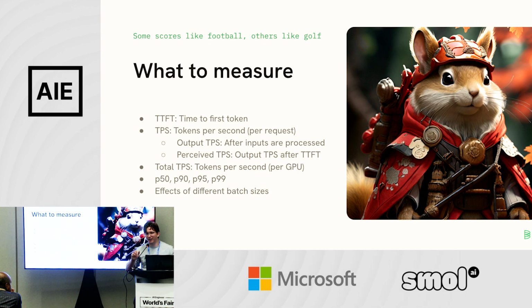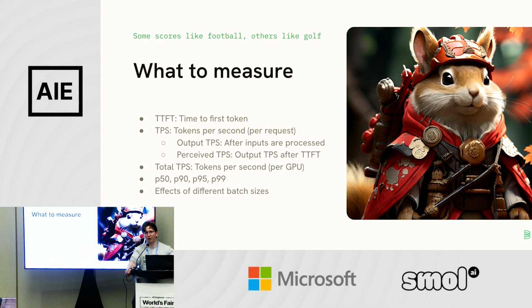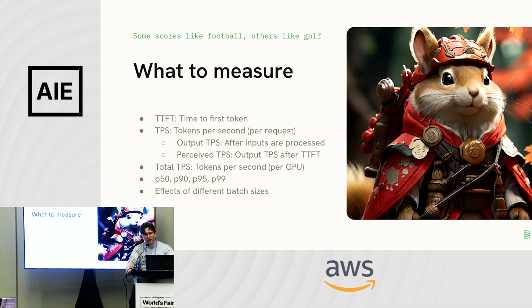Say it with me, everyone. It depends. That's what us software engineers are always saying. So, depending on your use case, you might have different things that you're optimizing for. If you're, say, a live chat service, you probably really care about time to first token for your streaming output because you're trying to give people instantaneous responses. You might also care a lot about tokens per second. So that's how many tokens are generated.